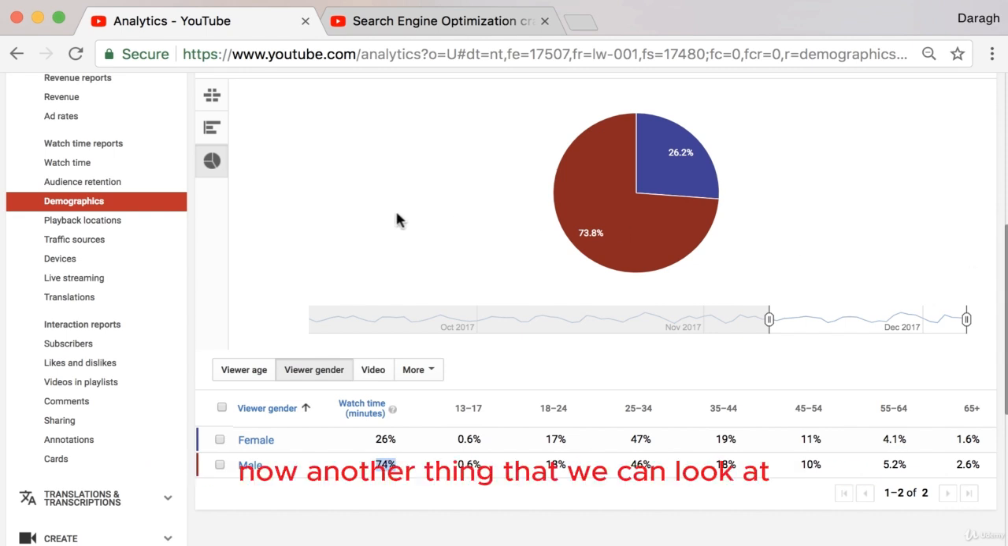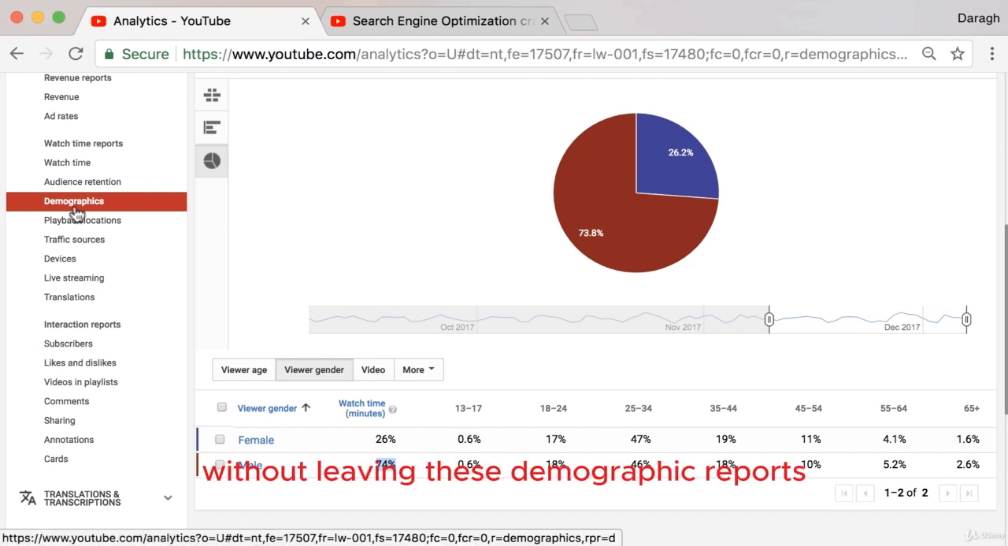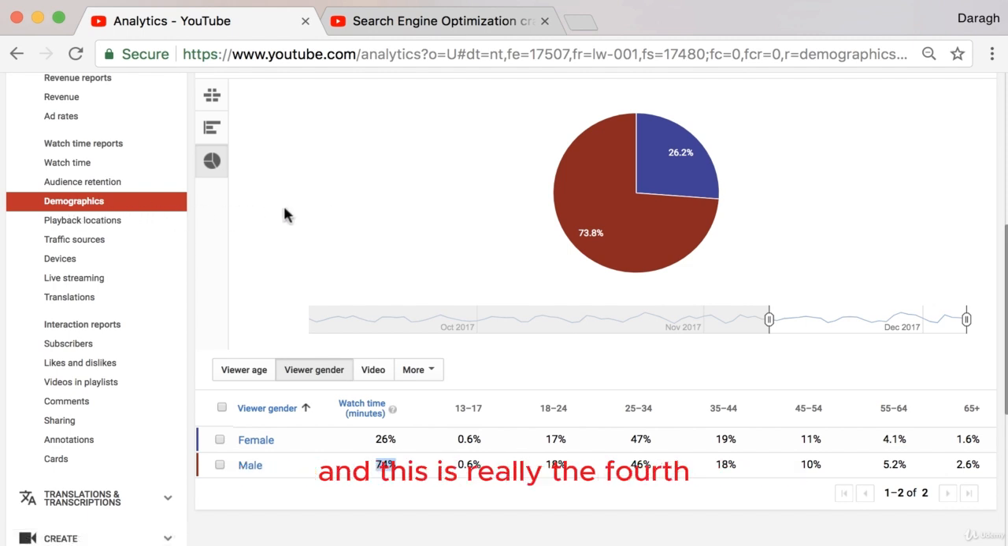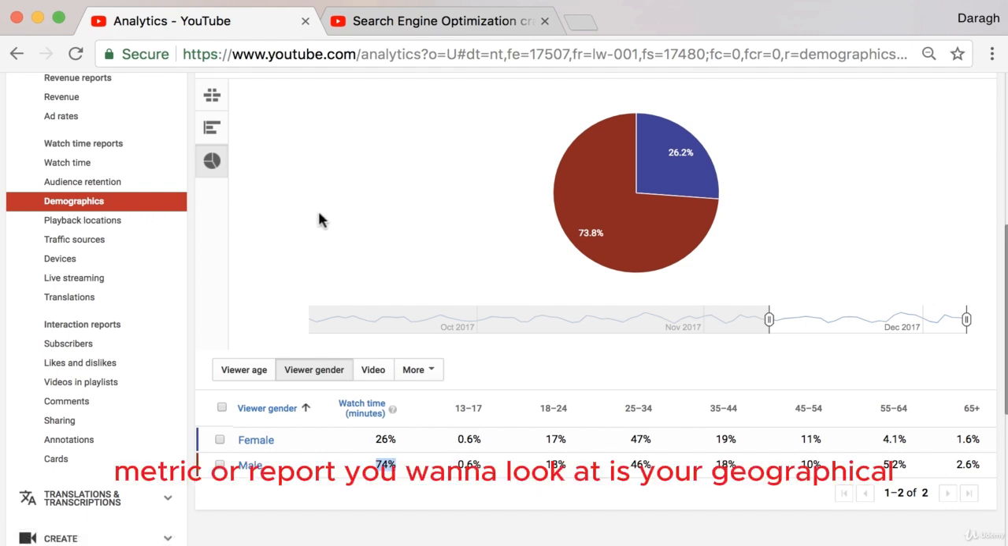Now, another thing that we can look at without leaving these demographic reports, and this is really the fourth metric or report you want to look at, is your geographical